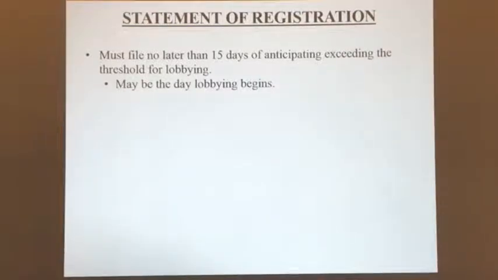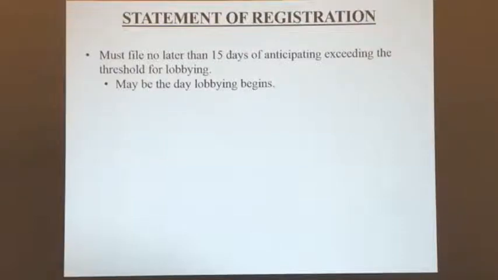They have a contract, let's say it's Casera. They're being paid $5,000 a month by Toys for Tots to lobby. So they know before the calendar year starts, they're going to exceed. They are required to file their statement of registration by January 15th. As a lobbyist client filer, you may not know when or if you're going to get to the 5,000. So you have a choice how you want to proceed.